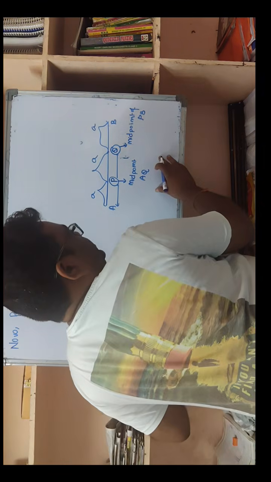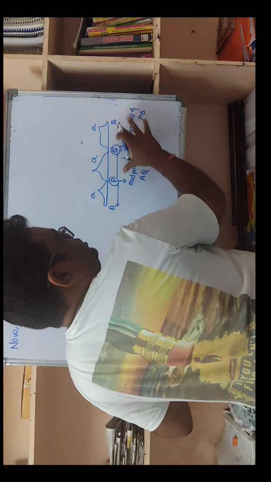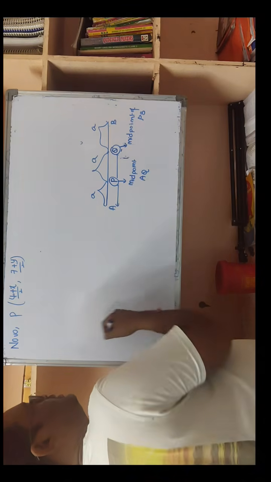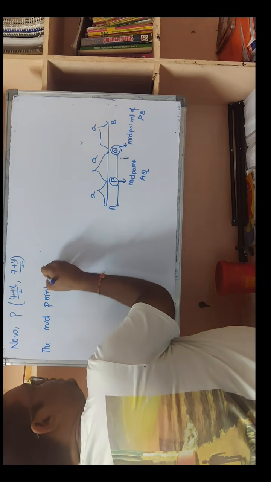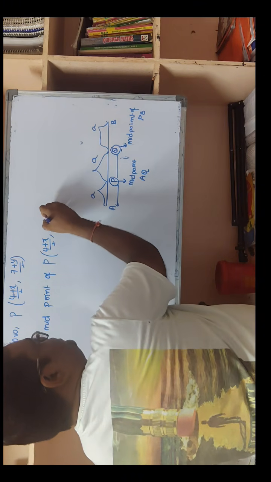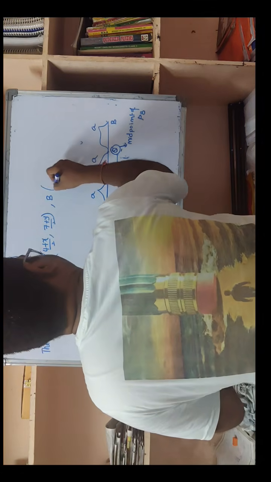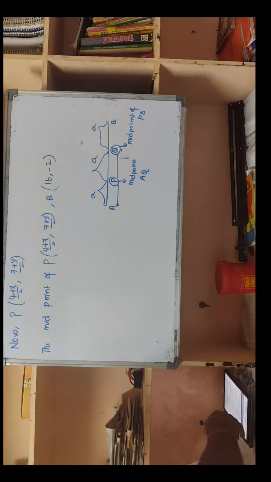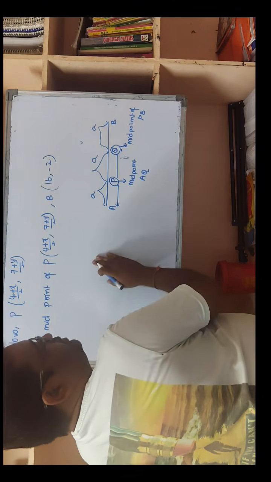Now again we have to find out the Q value. How will we find it? By taking the 2 coordinates P and B. The midpoint of PB is the Q point. So write the midpoint of P ((4 plus x)/2, (7 plus y)/2) and B (16, -2). So the midpoint formula we know: x1 plus x2 by 2, y, that is y1 plus